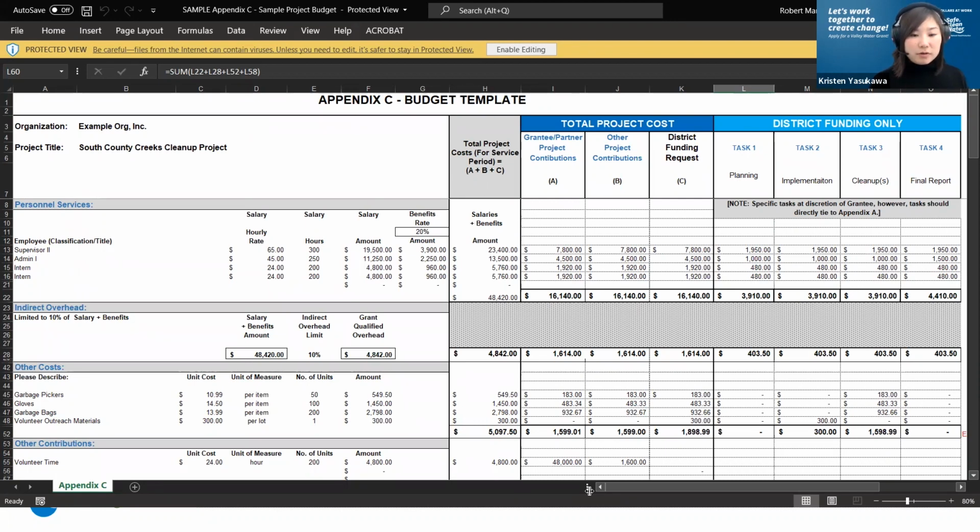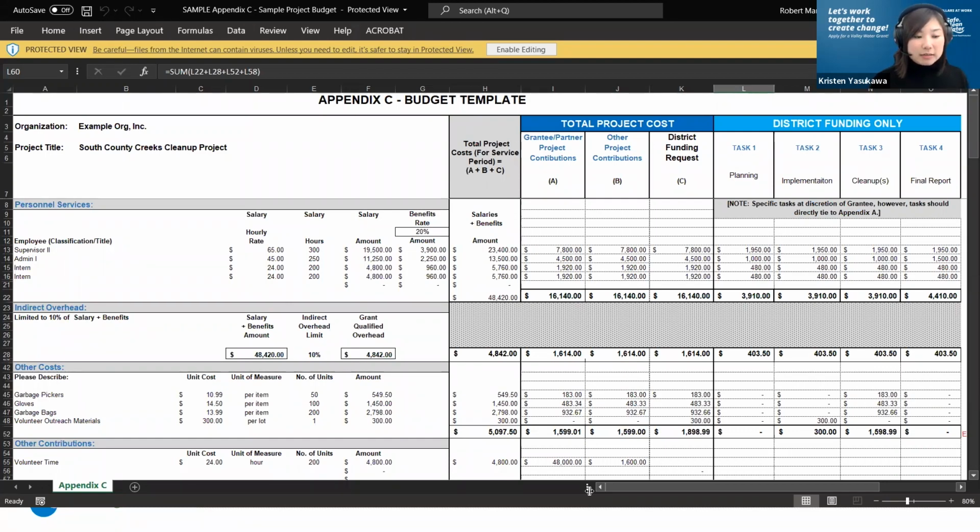So this is only for employees of the actual applicant organization. Please note that we have a limit of 20% for the benefits rate on top of that. And then we have the 10% indirect overhead limit on top of that salary plus benefits amount. So all the formulas are in the document.